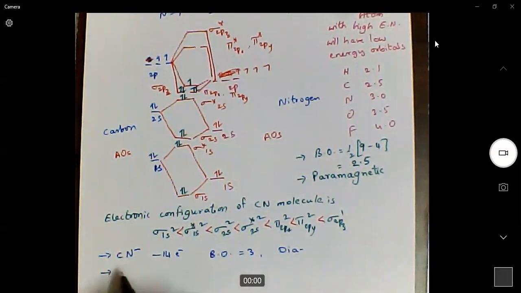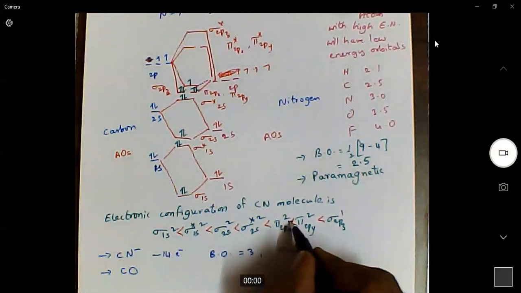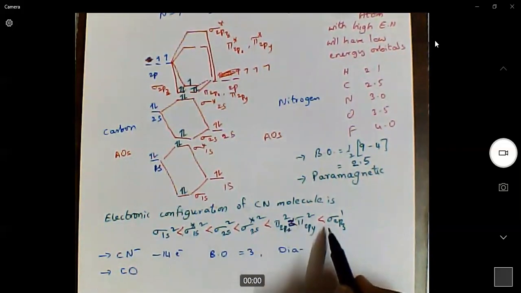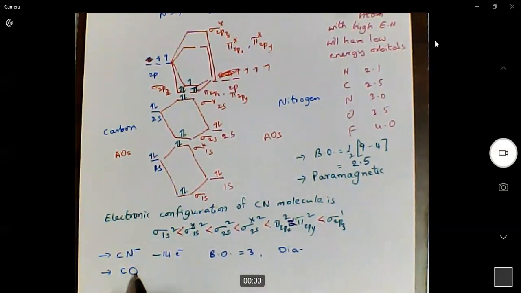Now, similarly, if you were asked about carbon monoxide, we will follow the same molecular orbital order. Okay, so this is the energy. The pi orbitals, yeah, there is a mistake. These two are degenerate, right? Pi orbitals are degenerate, they will have the same energy. For carbon monoxide we have 6 electrons in carbon and 8 electrons in oxygen, altogether 14 electrons. Of course the bond order is 3 and it will be diamagnetic in nature.